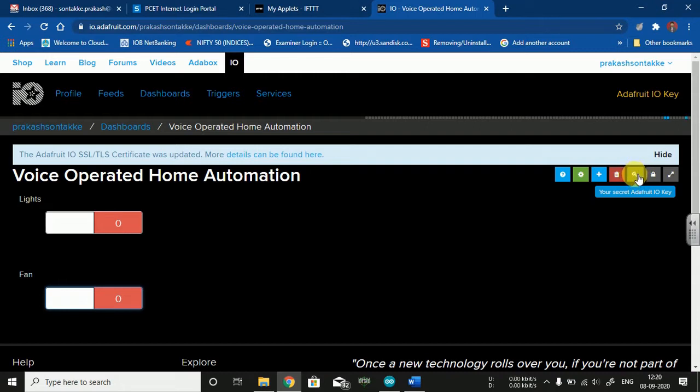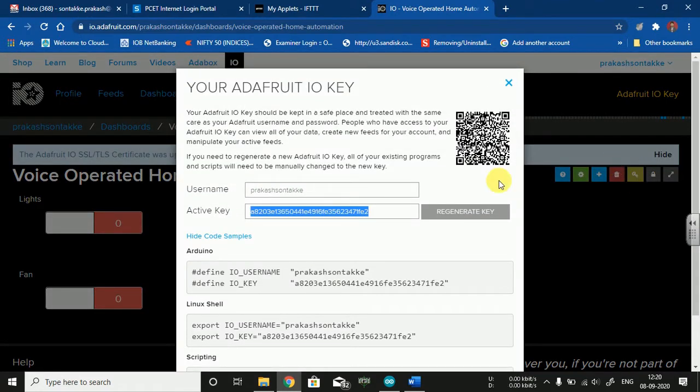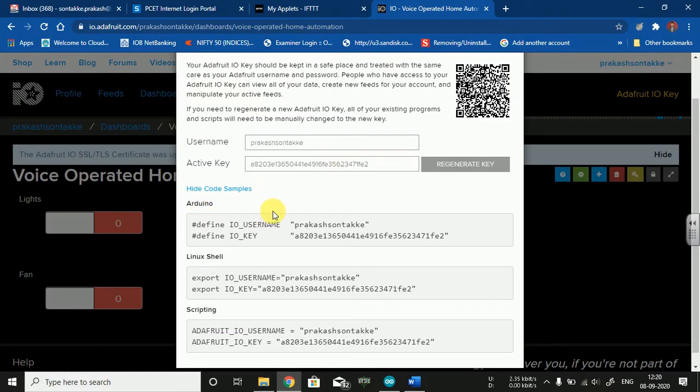That is your secret Adafruit IO key, and this is the kind of credential we require to get access to this dashboard. I simply click on this key symbol, and you get your username and the respective active key with which you operate or take control of this Adafruit IO web portal. So I need to simply copy this active key and paste it in the respective code. So let me show you the code.